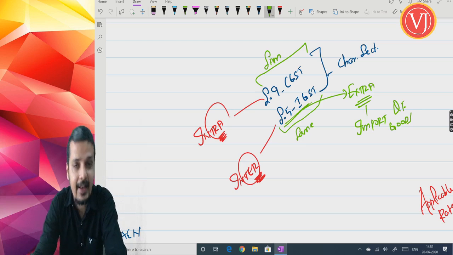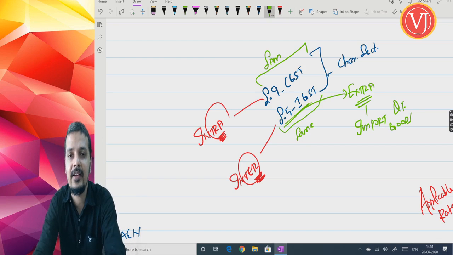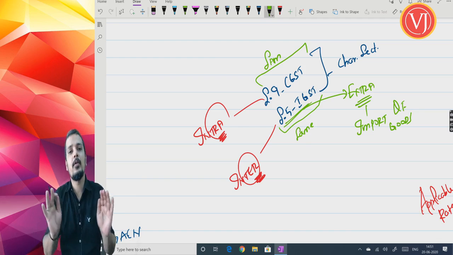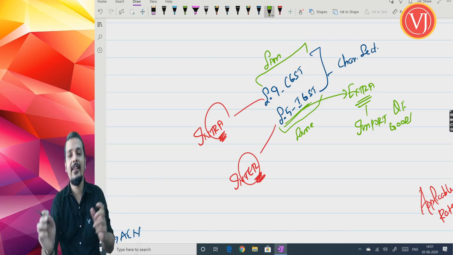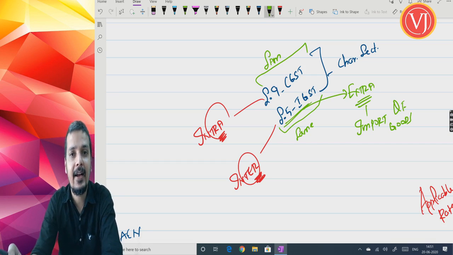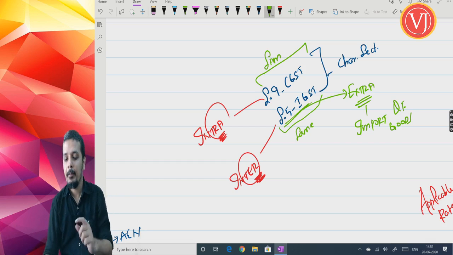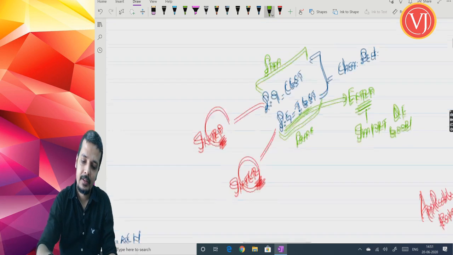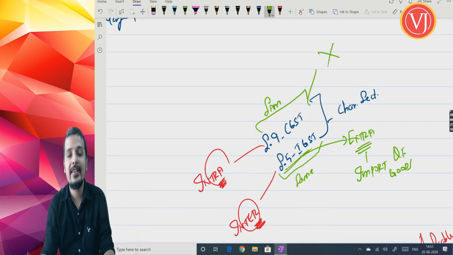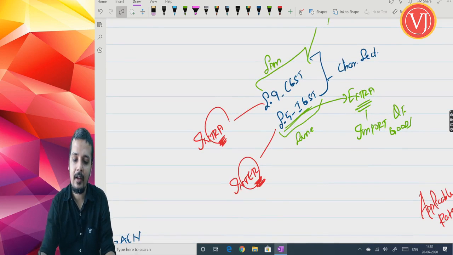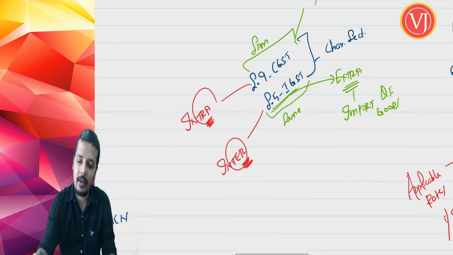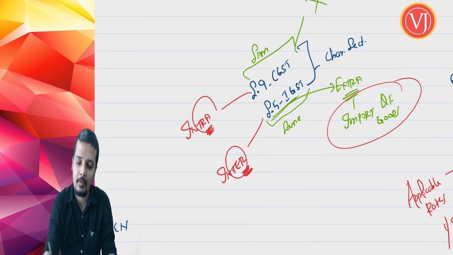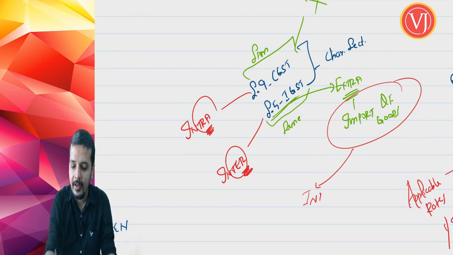Otherwise, section 9 of CGST Act and section 5 of IGST Act, which are the charging sections of CGST Act and IGST Act respectively, talk about the same thing. The only difference you can find is that CGST Act would talk about intrastate supply and IGST Act would talk about interstate supply. But there's one point which is extra in IGST Act, which is not there in CGST Act. What is that extra point? It talks about your import of goods. Understand, my friends, whenever you talk about import of goods, it is always interstate supply.